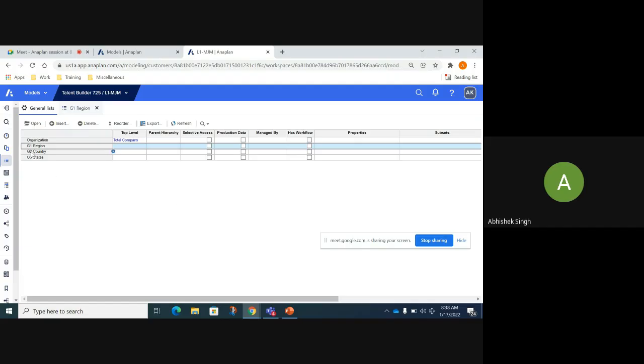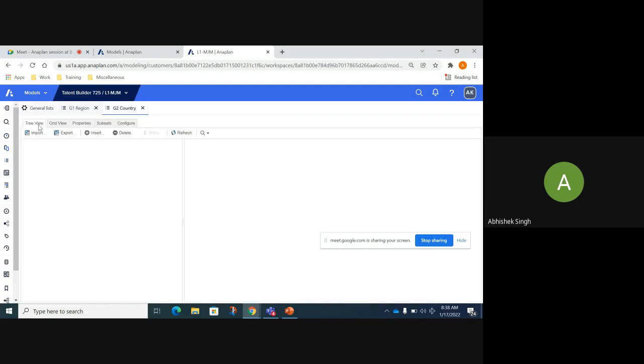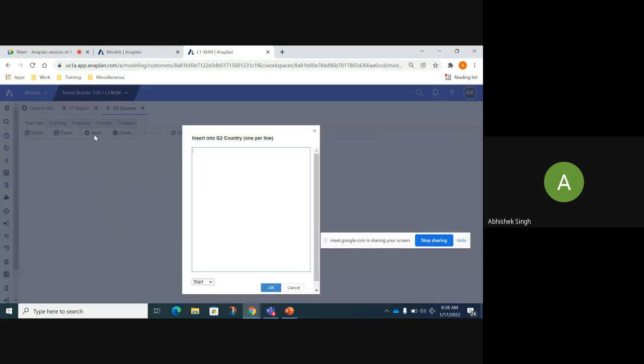Then you have the G2 country over here, and again, the similar exercise, you need to insert some members in the G2 country. Those members could be India, China, Sri Lanka. Just adding some random members here.